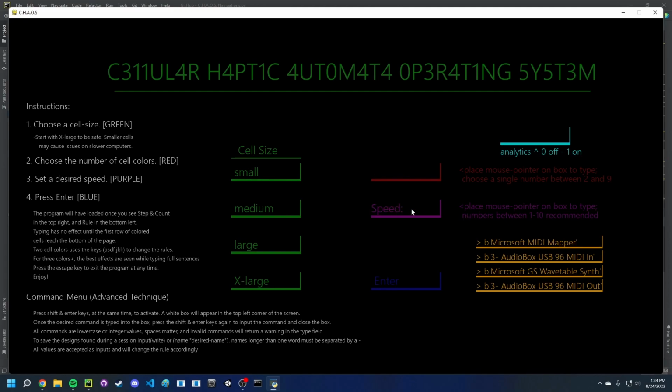Alright. And then to choose the speed, it's the same thing. You mouse over, speed will appear, and then you choose the speed. I'm going to go with the speed of 3 right now. And so I could start it and start translating right away. But for demonstration purposes, I'm going to turn on the analytics